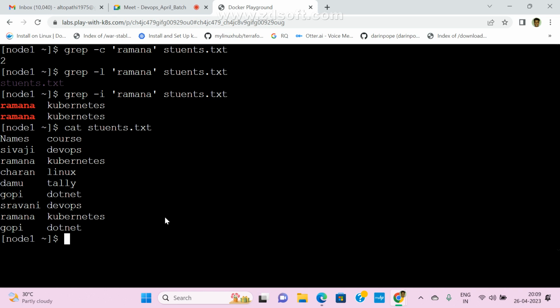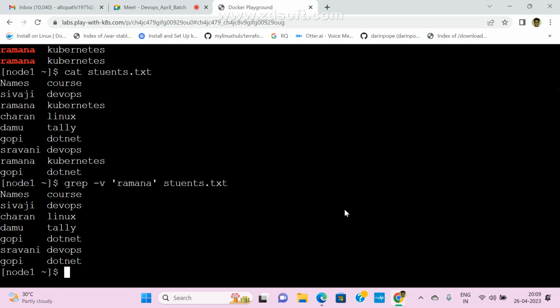Hyphen v is nothing but invert. So grep, space, hyphen v, and the data you don't want, Ramana. I don't want this, and I want all remaining records displayed.